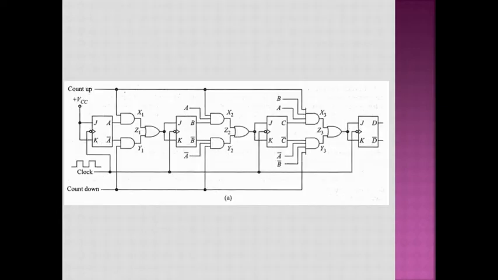And hence, if you see the circuitry here, that is the reason why J and K are connected to VCC. That means they are permanently getting J and K equal to 1, 1 conditions. That means it is working only in a toggle mode. Either it is in a count up mode or in a count down mode, whatever mode it may be, it is working in toggle mode only. So no other logic is required for the flip-flop A. Flip-flop A is going to toggle every time a negative transition of the clock pulse occurs, either in count up mode or count down mode.